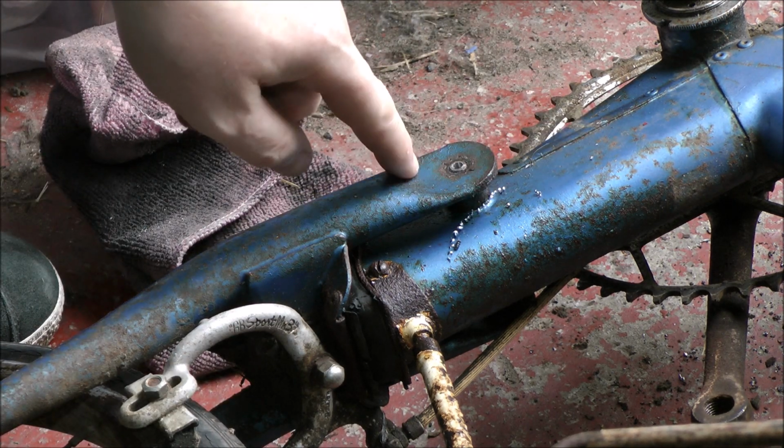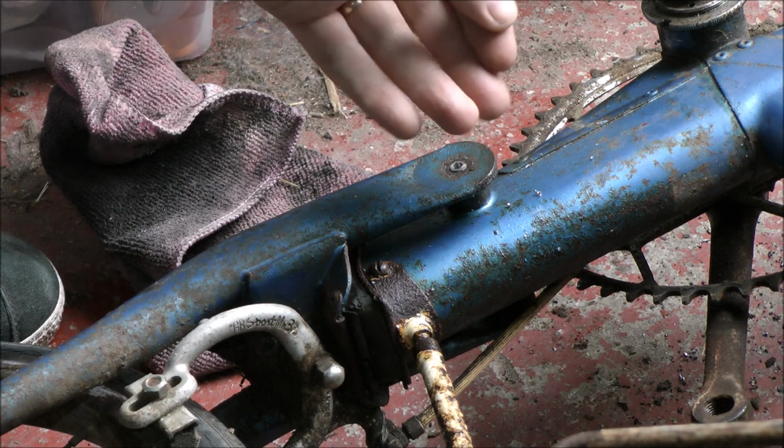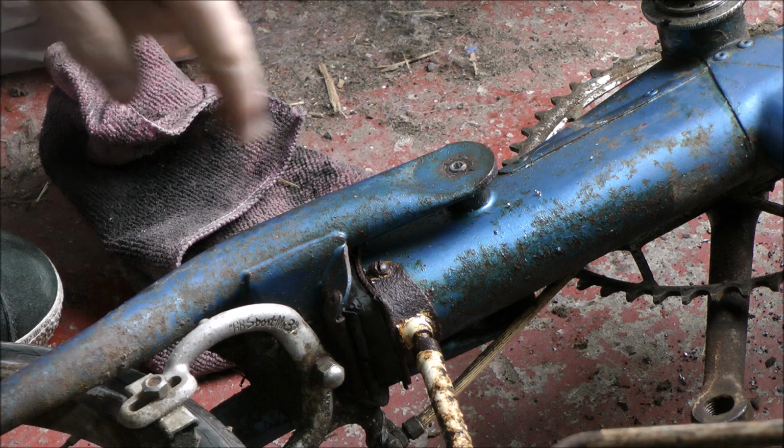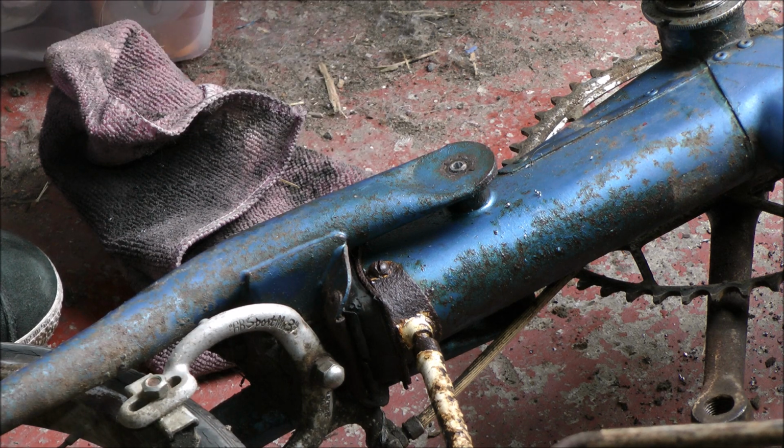The swarf that comes off these little bits of metal will be quite sharp and quite hot. Mind you don't get them stuck in your fingers. And wear eye protection when you're doing something like this. As you see, I've got an increase in hole size now. With a bit of luck,